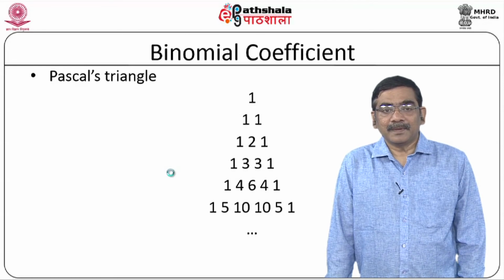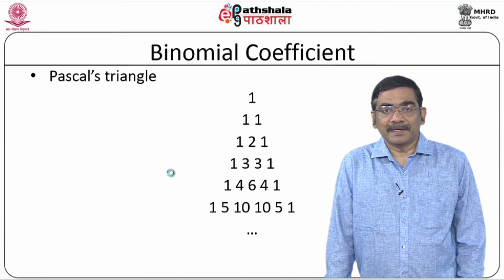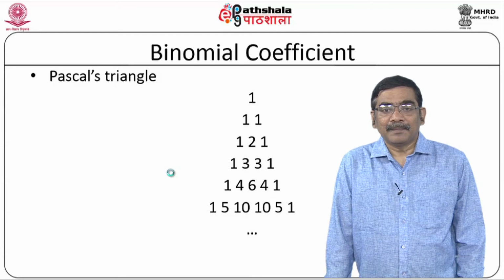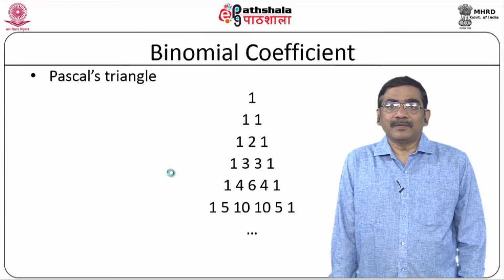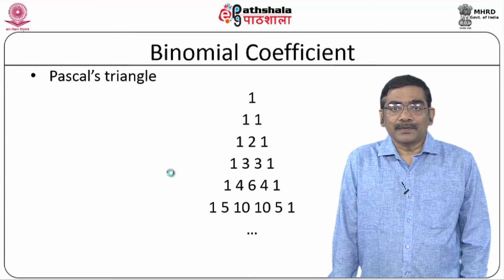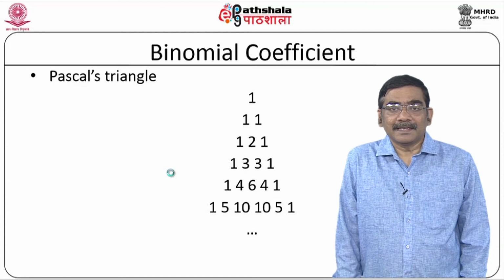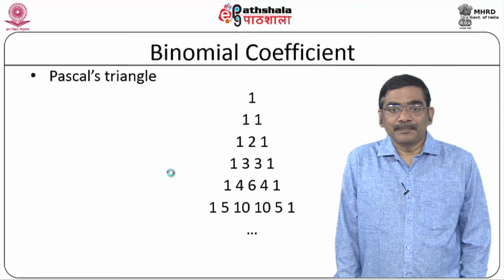So, the reference for this problem is Pascal triangle, which we have seen in our school mathematics very often. This is a Pascal triangle, where you can see that 1 2 1 is generated by adding this 1 and another 1. Similarly 1 3 3 1 is generated from the previous row by adding 1 2 and 2 1. In school mathematics you can recollect this is nothing but (a plus b) whole square, which is nothing but a square plus 2ab plus b square. In this particular manner you can generate the equation for any n.